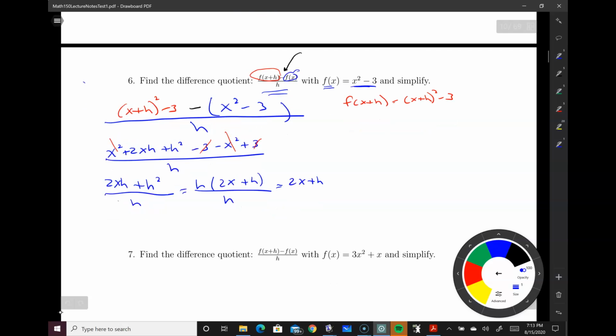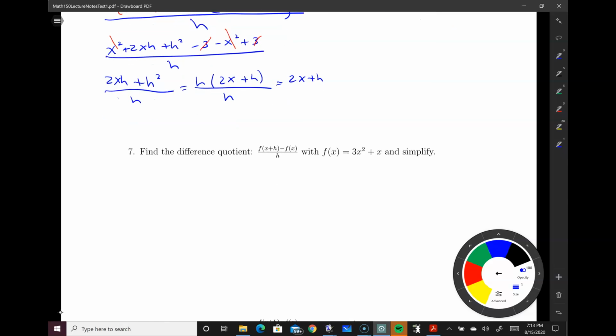All right, so just going to practice a little bit more. These can get kind of a little ugly. So again, this is this, right? So let's just be careful with the f of x plus h, that we're doing the algebra correctly. So everywhere there's an x, you're putting in an x plus h. All right, so let's put it all together. So f of x plus h,